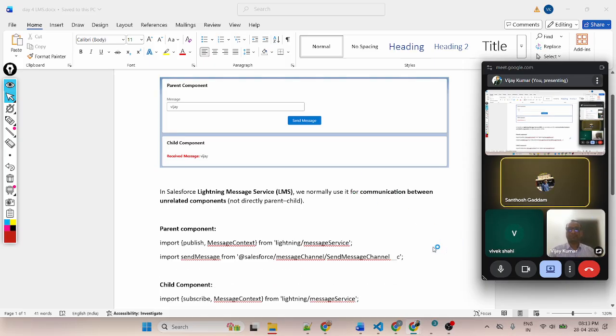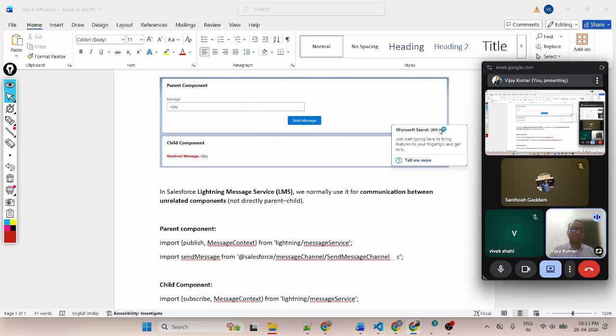Yes, sir. Okay. So in the last day, at the end of the session, I will give you a small assignment. In the previous session, I created multiple input fields and passed the multiple input fields in a single button. Today, I use only one input field, and I will give you an assignment on how to pass multiple input field data. So first, I request you, please understand the concept, how I am passing data in one input field. If your concept is clear, then you will easily pass multiple input fields as well, right?